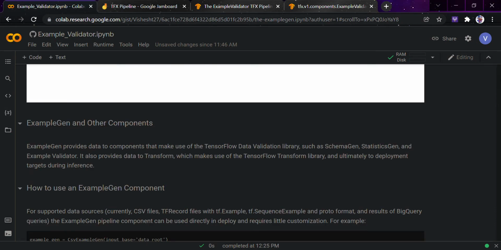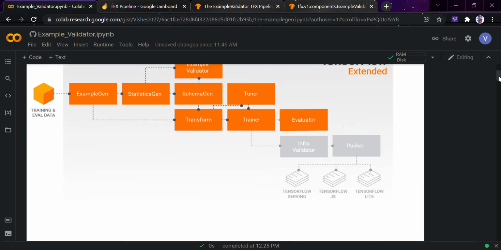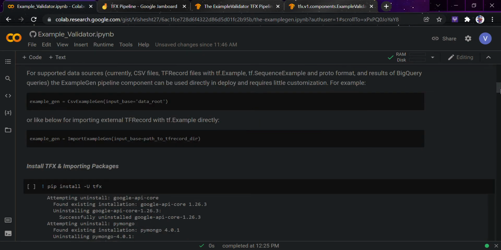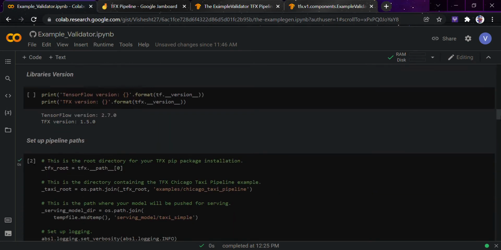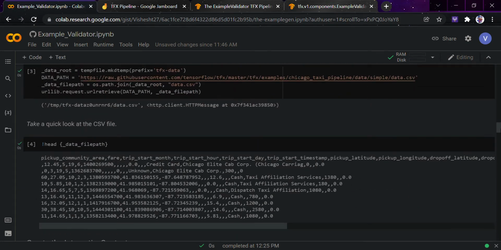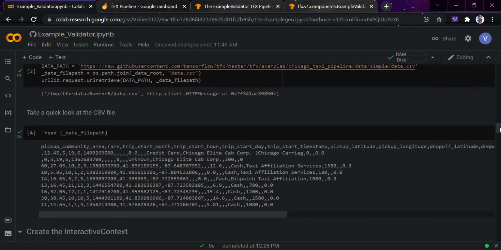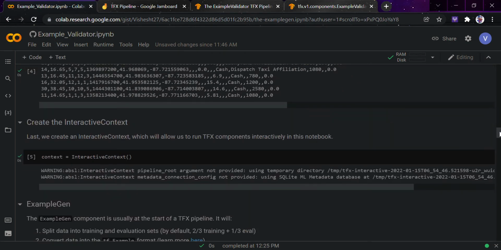So we will be looking at that, but let's first revise all the things we have done till now. As usual, I will give the link to this notebook in the description section, and you can play from there. We have imported all the libraries, set up the pipelines, and looked at the data. I won't review all that again and again because I consider that you have already watched my previous videos.